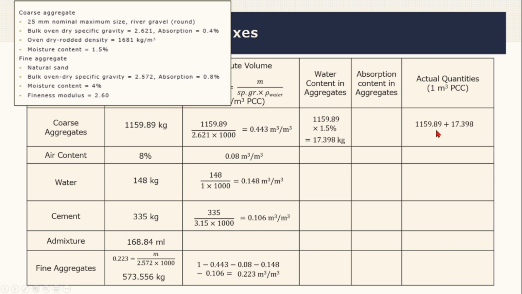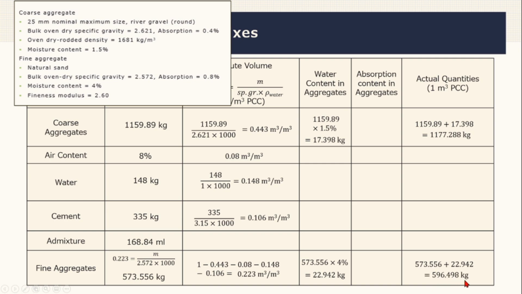Thus, 1159.89 plus 17.398 is equal to 1177.288 kilogram. Then, for the water content of fine aggregates, the moisture percent is to be multiplied to 573.556 and will give us 22.942 kilogram. The actual quantity will be 573.556 plus 22.942, and that is equal to